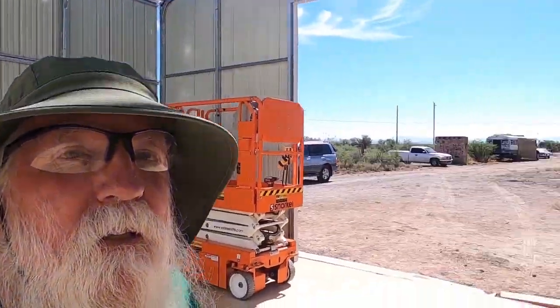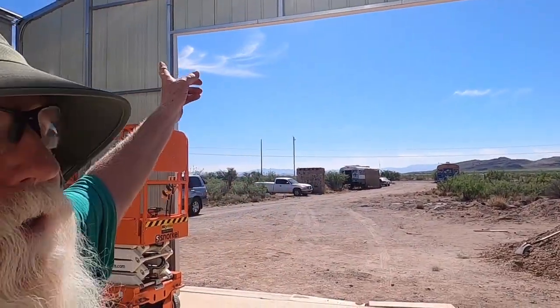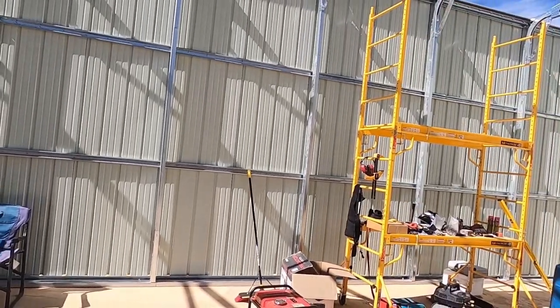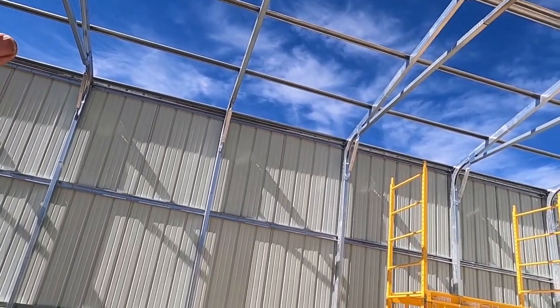Okay, all of the walls are up. Jackson and I just did that corner, and now we get to start playing with the roof. Steve, is this a bad time to